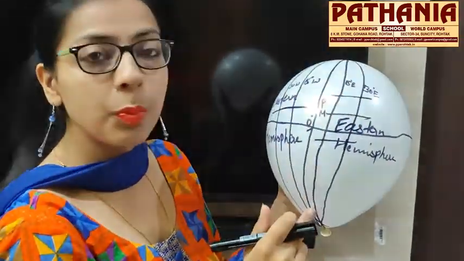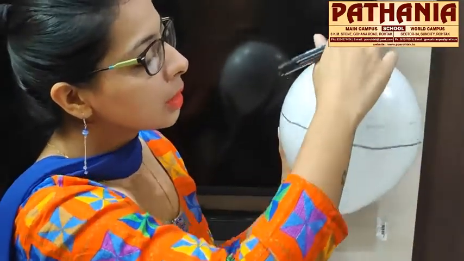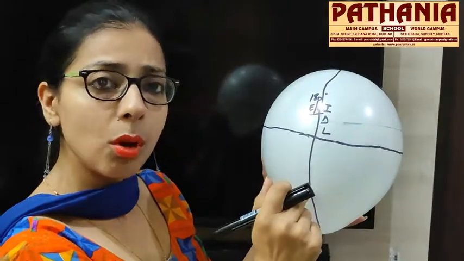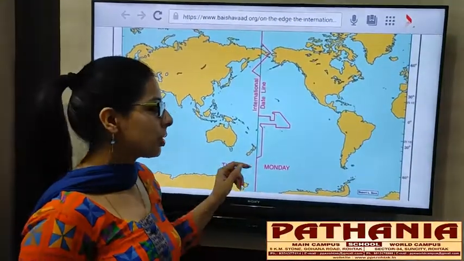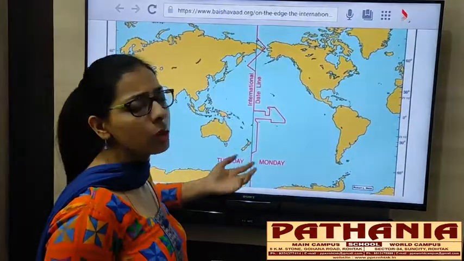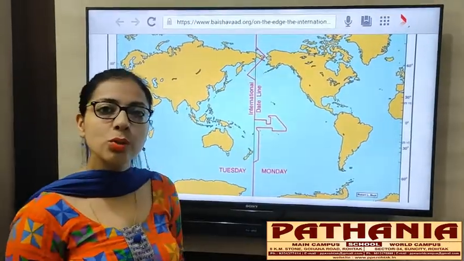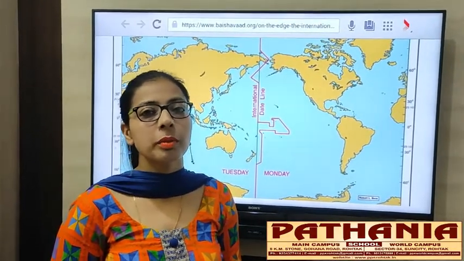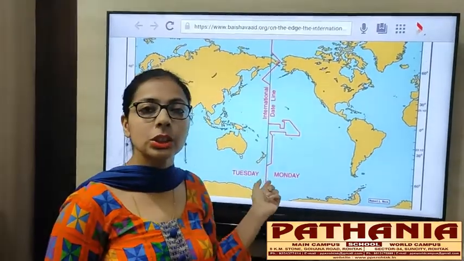Just behind this prime meridian, if I turn my earth, we have one longitude which I told you is 180 degree east or west. It is the same longitude which is called the IDL, or international date line. In this picture you can clearly see that this is my international date line, which is longitude 180 degree east or you can say 180 degree west. Why is this longitude very important? Because all the children must have heard that someone's aunt or relative lives in the US or some other country, and there it is day here but night there. So what is that? That is all because of this international date line.